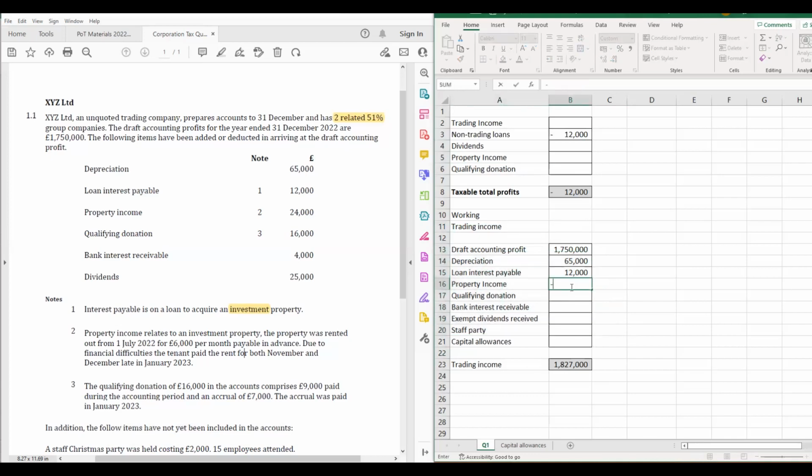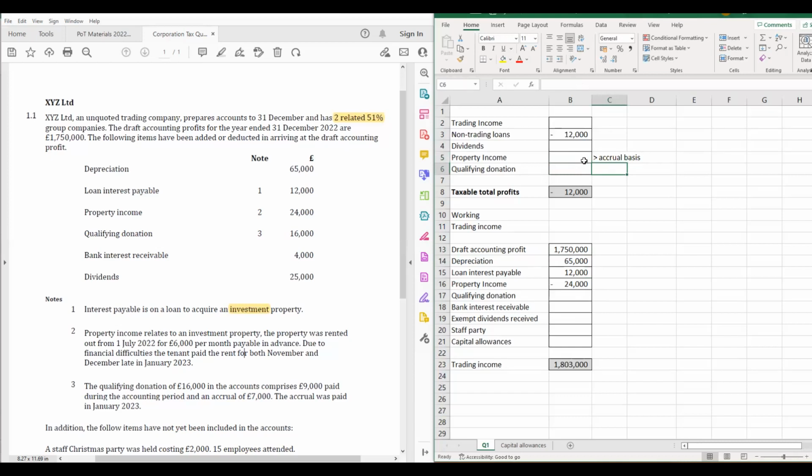So again, what we'll have here, as this was income, remember we got told in the question they've added or deducted these amounts. So previously this draft profit had the property income. We need to remove that property income. And then it's not quite as straightforward as just doing that, because we need to apply the specific rules to property income. Now, property income for corporation tax is done on an accrual basis. So essentially, what we need to do is determine how many months in the year we should be accounting for the property income.